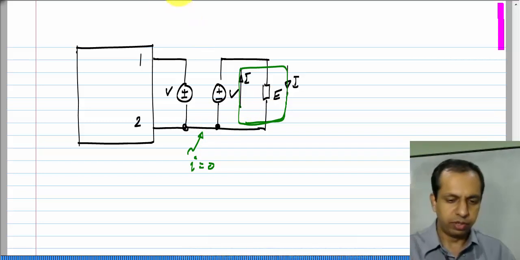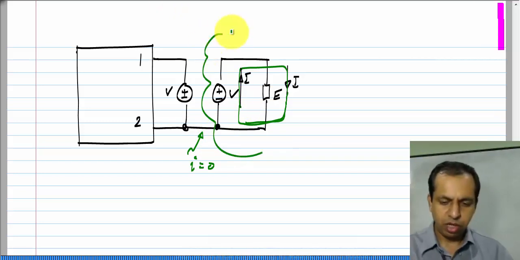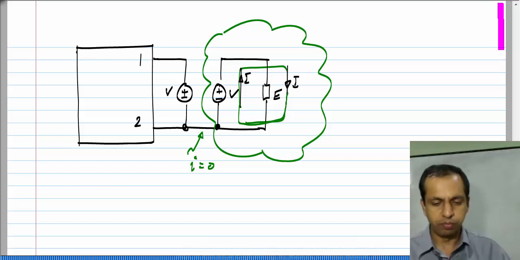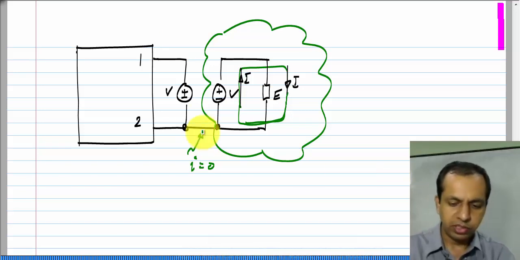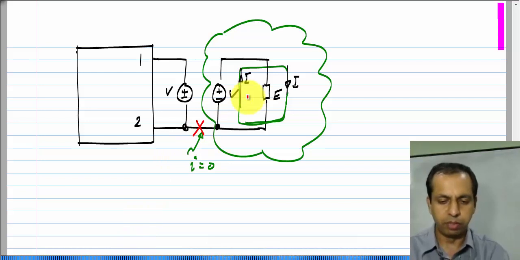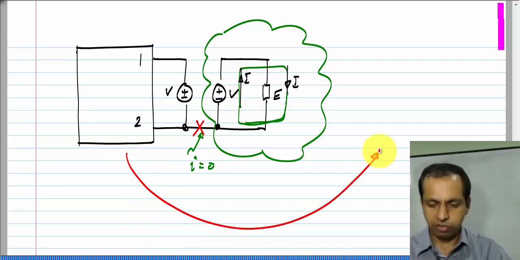Okay. Another way to think about it is apply Kirchhoff's current law into this whole big green circuit. There are no other wires going into this circuit and the sum of all currents going in has to be 0. So, the current in this wire, which is the only wire going into the circuit, has to be 0. Now, because the current in this is 0, I can also cut it off and remove that from my circuit. So, I will be left with